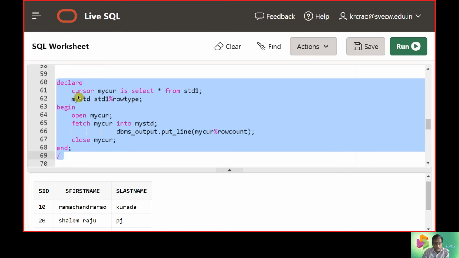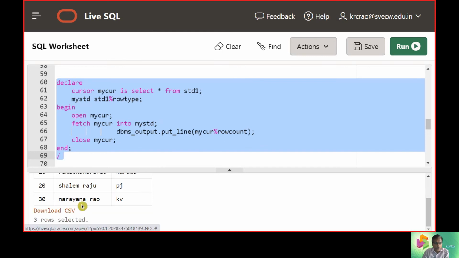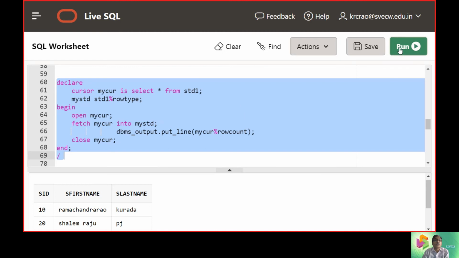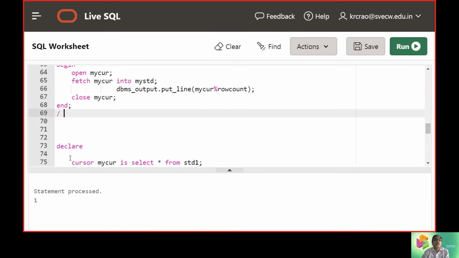We declared a cursor in the declarative part. Now we open the cursor, then we close the cursor. In between we do the operations here. So now we are fetching the things into the variable from my cursor. And now we are going to print how many records are there. So we have 3 records, so assume what the answer is going to display. So now it is processing one by one record here.